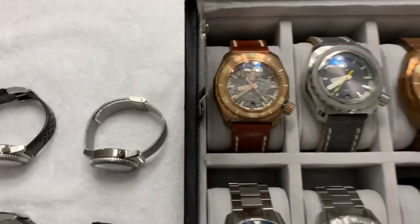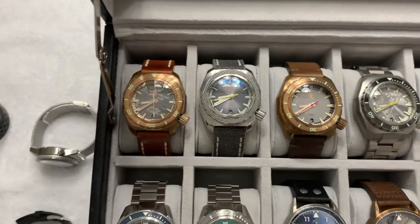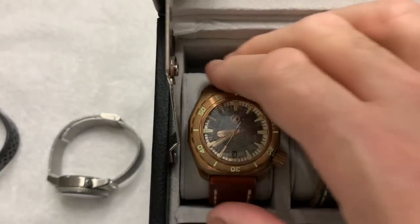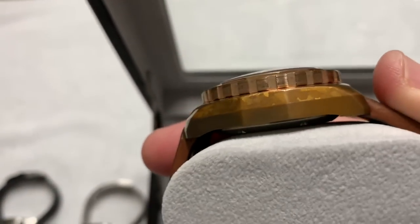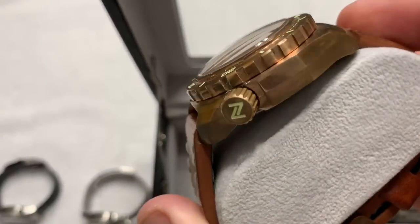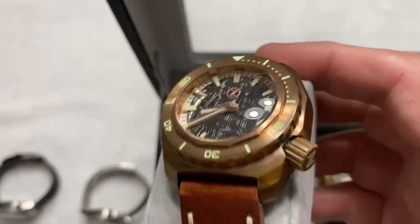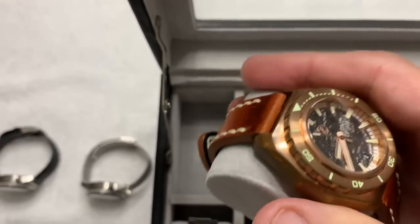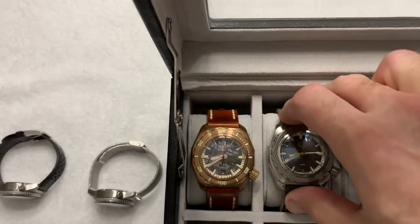So, in the box, I have 4 Hammerheads. 1, 2, 3, 4, which are in there in order of acquisition. I have my very first Zelos that I ever bought. This obviously is the bronze case, which is patinaed in quite nicely. Meteorite face, heavy on the lume. It's on the Zelos brown leather strap. Love that. I have the stainless steel